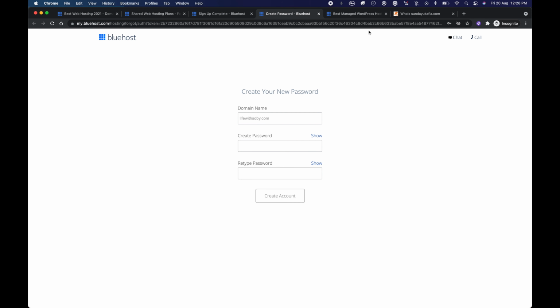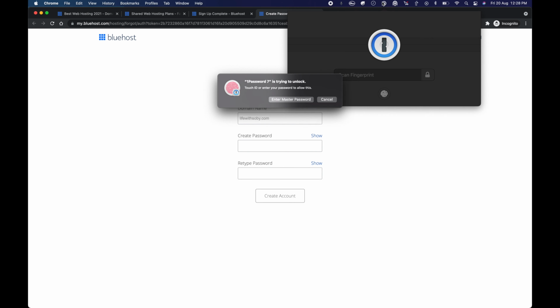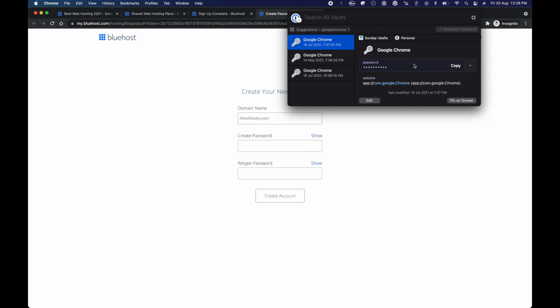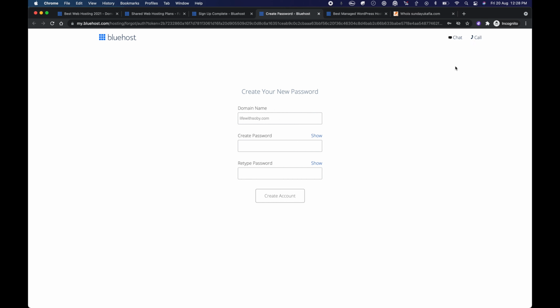Okay, so I'm going to go ahead and use my password generator app. I'm going to copy the password from my password generator app, and then I'm just going to paste it inside. And then you have to tick, I have read and agreed to Bluehost privacy and terms of service. Once you've done that, you can click on create account,